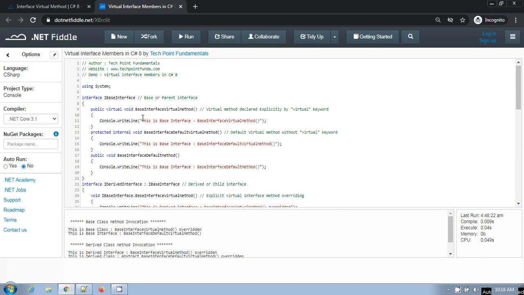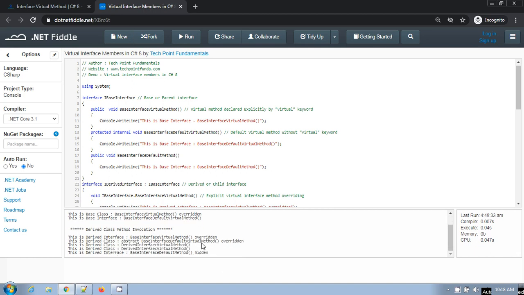What happens if you remove this virtual keyword from here? Run again, there will be no impact at all. The program will run, execute and work as it is. So there is no difference whether you keep this virtual keyword or not. But remember, whenever you make any member private, in that case you can't mark it as virtual. You see here,